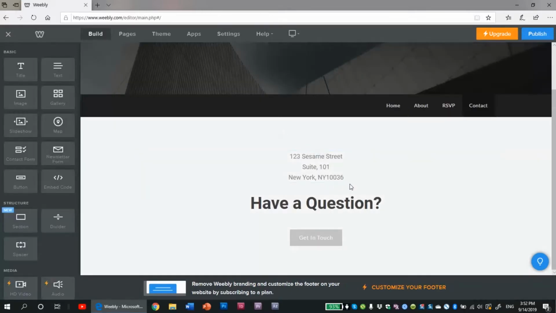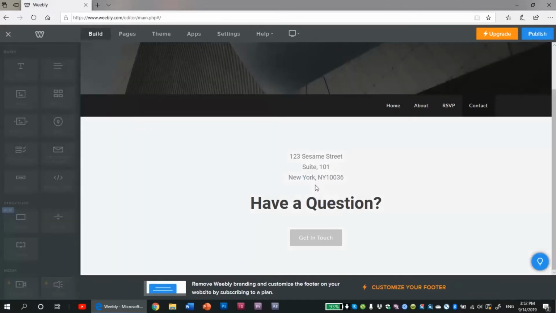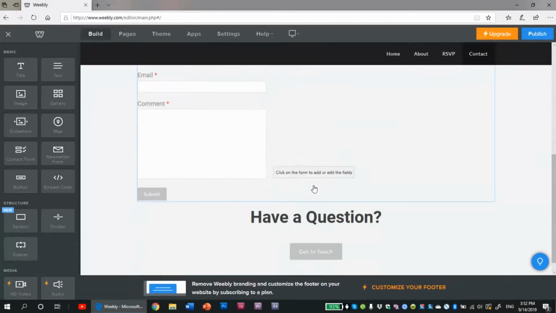And let's say contact, right? There's always contact forms, and you have to create an account for this. It's a free account, so anything that's submitted through this contact form. Let me just drag it out here. As you can see, click and drag, very easy. Just click and drag. You get a cool